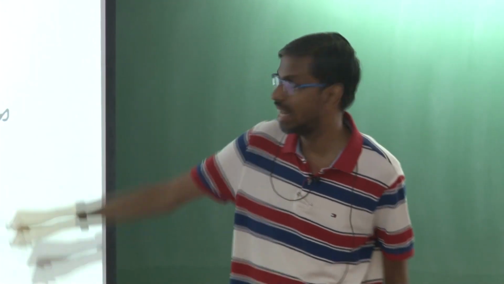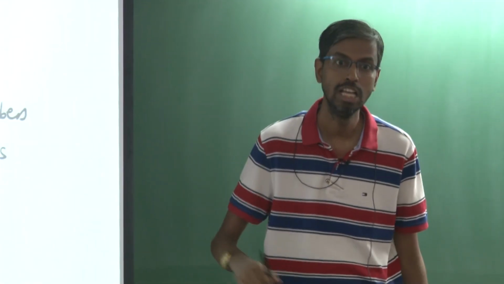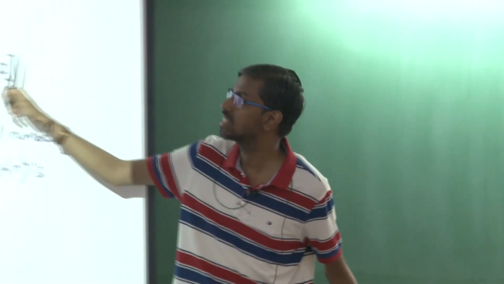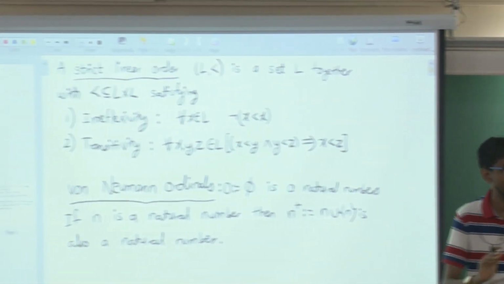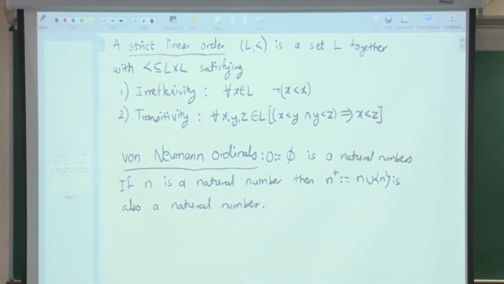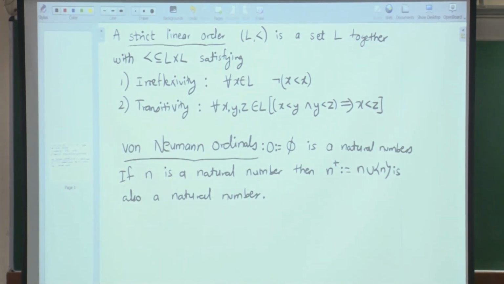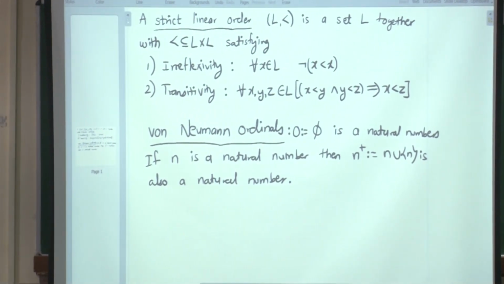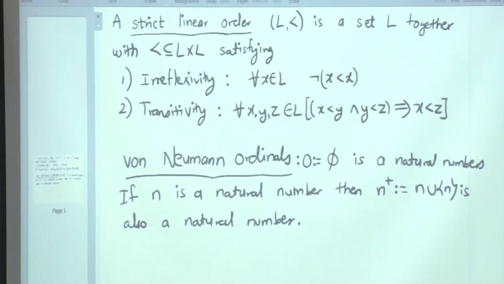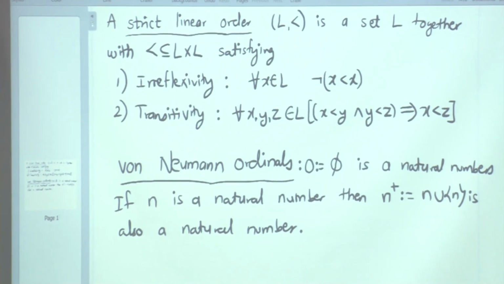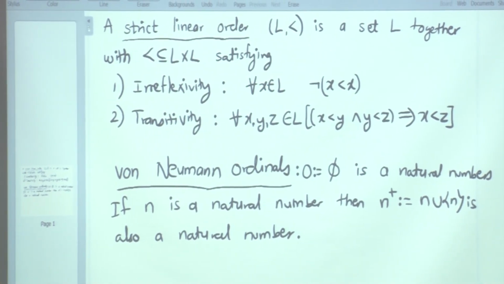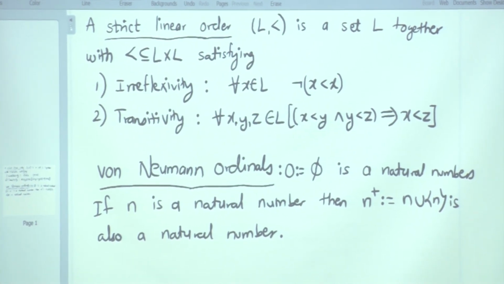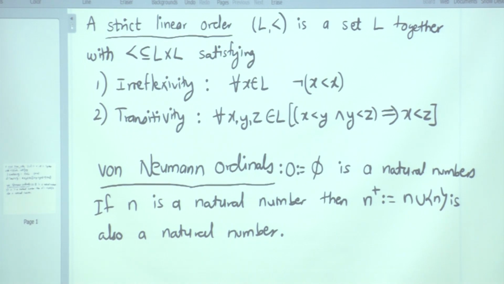So in order to understand that, let's look at this first definition. What is a linear order? A strict linear order is an irreflexive transitive binary relation. Yeah, we have seen that. So real numbers with respect to strictly less than, that is a strict linear order. Natural numbers with respect to less than, or with respect to belonging, if you remember. Yes, less than is the same as belonging. Then rational numbers, any finite natural number, that's also a strict linear order with respect to belonging